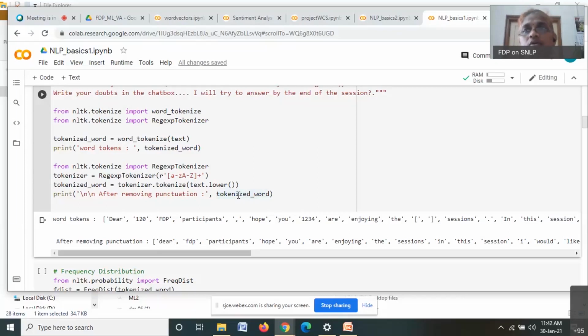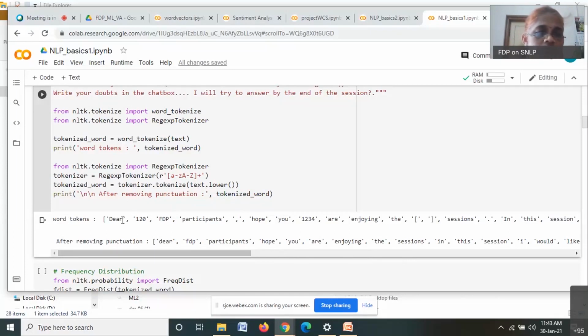If you have, let us say, BAT in caps and bat in small letters, they are one and the same as far as classification is concerned. So there is not much difference. Because of that, we do the case conversion, and in most cases, we convert it into lowercase. That does not mean that you should not convert it into uppercase. This is only a convention, not a rule. So after removing the punctuation, if you are using word tokenize, this is what we get.